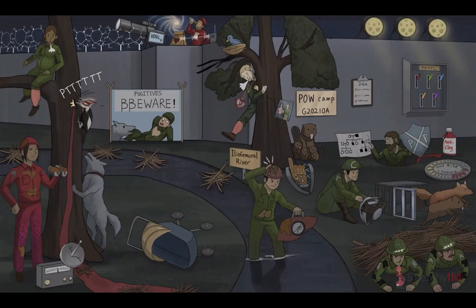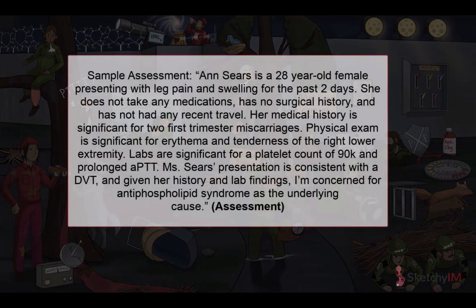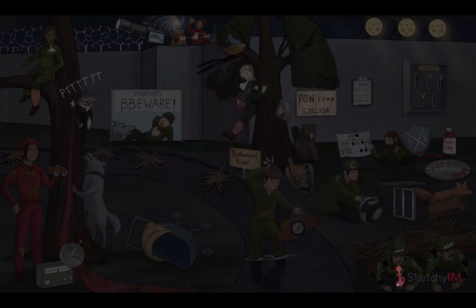Let's summarize the clinical presentation of antiphospholipid syndrome with a sample assessment statement. Ann Sears is a 28-year-old female presenting with leg pain and swelling for the past 2 days. She does not take any medications, has no surgical history, and has not had any recent travel. Her medical history is significant for 2 first-trimester miscarriages. Physical exam is significant for erythema and tenderness of the right lower extremity. Labs are significant for a platelet count of 90,000 and a prolonged APTT. Ms. Sears' presentation is consistent with a DVT, and given her history and lab findings, I'm concerned for antiphospholipid syndrome